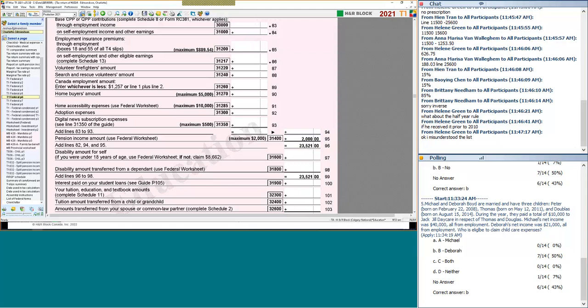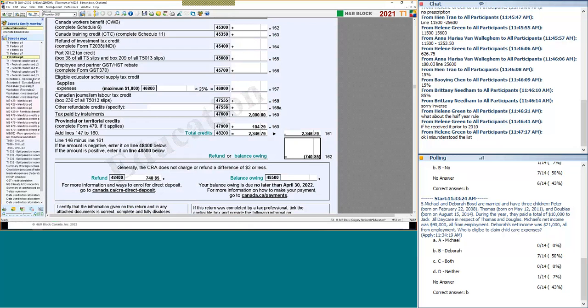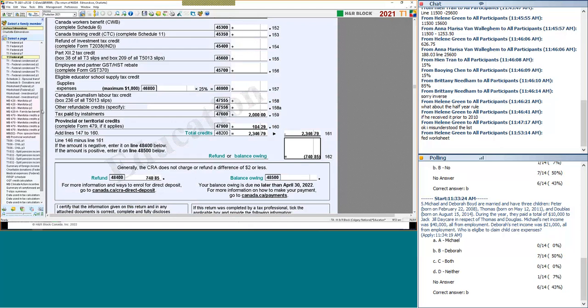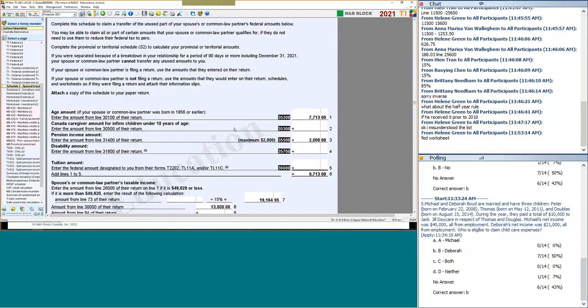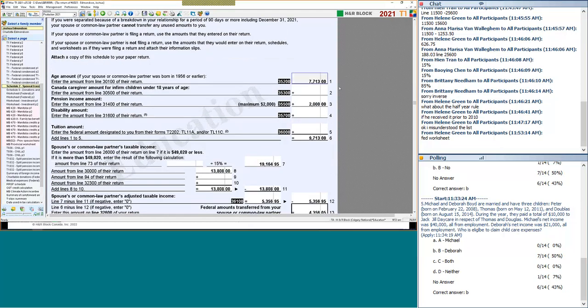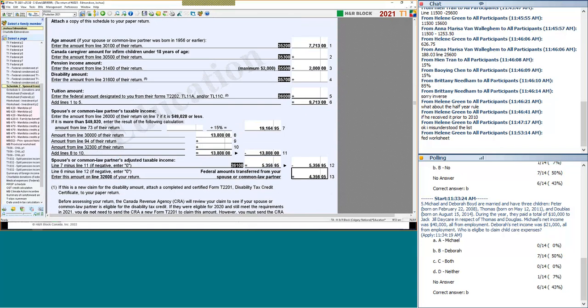Okay, and I just want a reminder, one more thing that I did make a note of that you should see, which is when we do the pension split, it's going to change the transfer as well. So pension splits change all kinds of things. We're going to see how much we can transfer from Charlotte to Joshua under the spousal transfer, which is Schedule 2. She gets an age amount and a pension amount, but her income is higher, so she needs to use some of it now because she only has a personal credit that we can take off. So now that she's going to be using some of that,